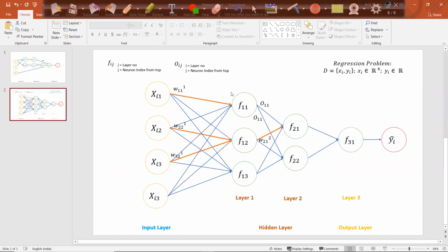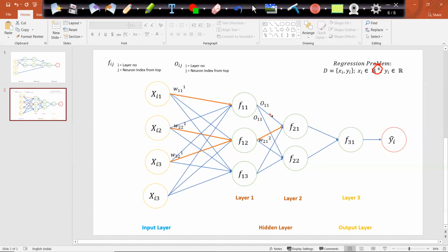Now the next part is the notation of my entire chain, the entire network. Here we will try to understand how we can read this entire chain or network. Here you can see x_i1, x_i2, x_i3, x_i4, where 1, 2, 3, 4 are my inputs, the 4 dimensions basically. x_i is the record number 1, record number 2, and so on, where i goes from 1 to n, and 1, 2, 3, 4 are my dimensions.